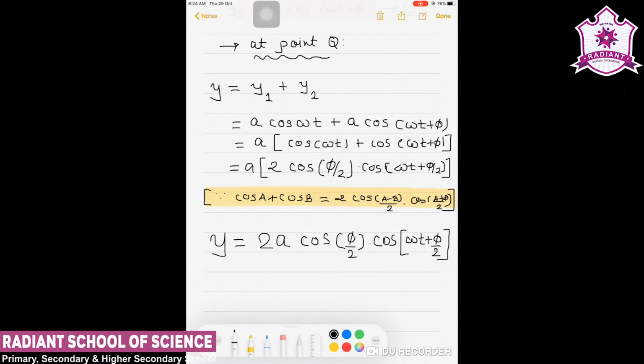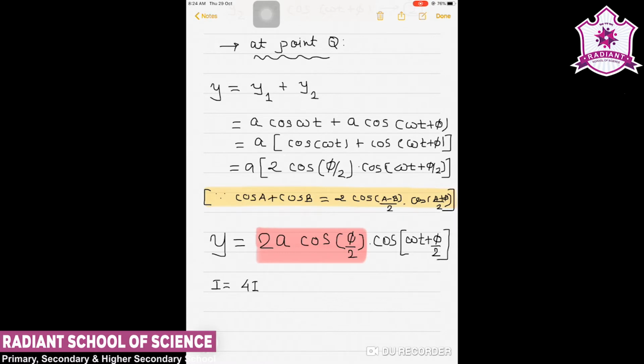Here the term 2a cos(phi by 2) is known as the amplitude, and if we compare it with the intensity term, the intensity of that point will be